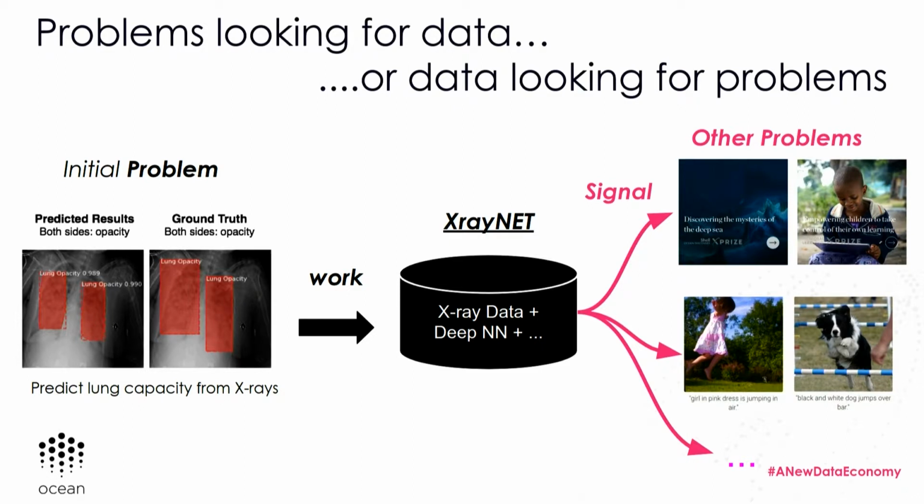So you create something called X-ray net. I'm just giving this an arbitrary name. We could be cooler. But there's other nets like ImageNet, WaveNet. And these are communities nurturing a data set. They can become governed, they can become tokenized, and then they'll signal their relevance to new problems, saying, hey, I'm very good at object recognition. What other problems can you throw at me?